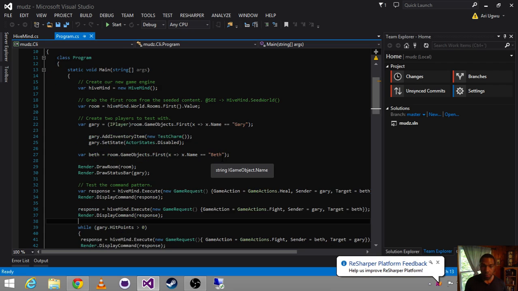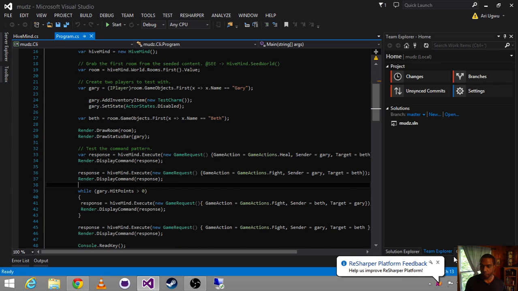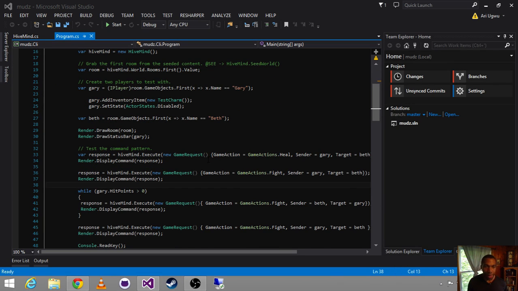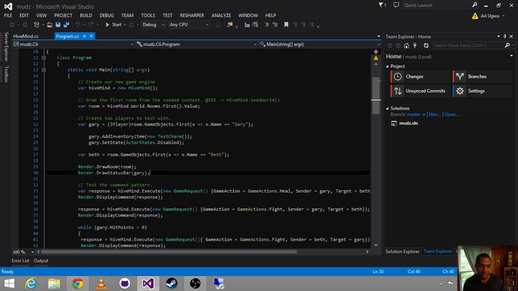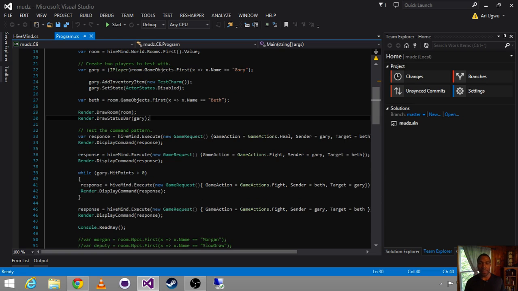Okay, so we're back inside our game now. We're inside the main method, and things are looking really clean for the most part. We're using our command pattern to execute things.